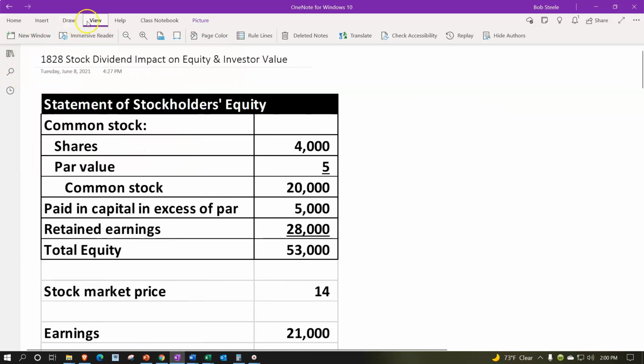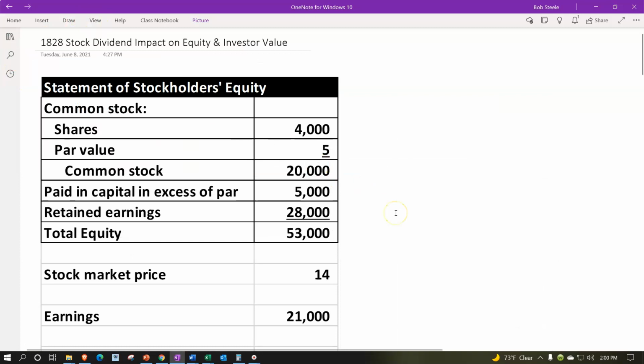Closing the icon, we have our information up top, calculations on down below. We're looking at the stock dividend as opposed to a stock split. A little bit different situation, and we'll consider the equity section as well as the impact on an individual investor of the stock dividend. Focusing first on the equity section, remembering that the equity section is on the balance sheet,